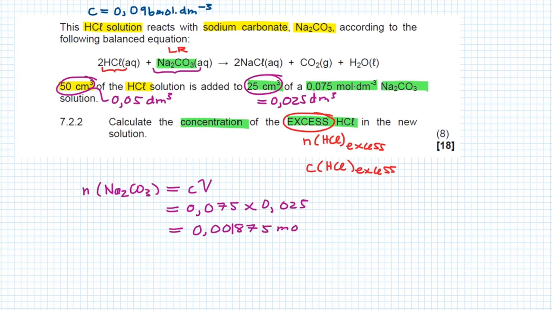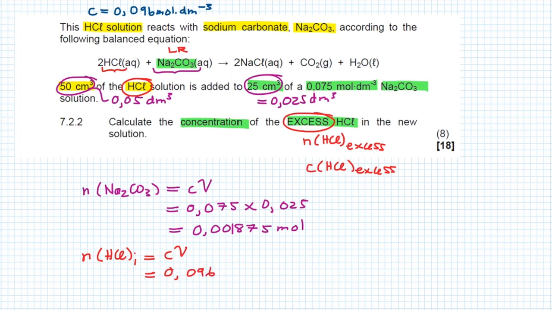And please remember, we only round off right at the end. Now, how many moles of the hydrochloric acid did we start off with right at the beginning? Let's calculate that. The number of moles of hydrochloric acid in the beginning, so I'm using the term initial, the I is for initial, is again equal to C multiplied by V. The concentration of the hydrochloric acid we calculated in the previous question to be